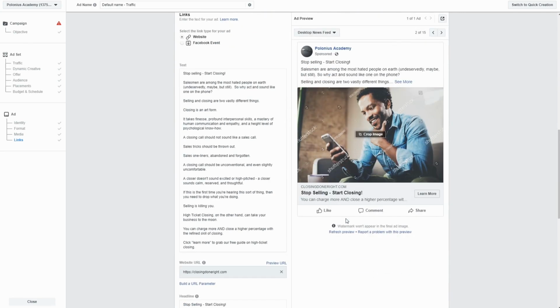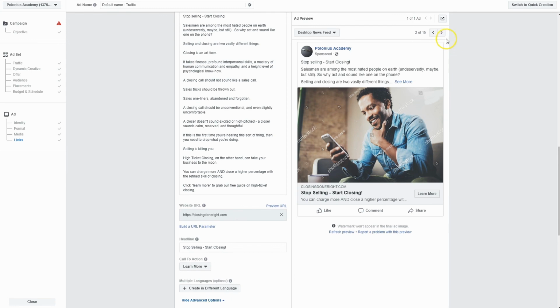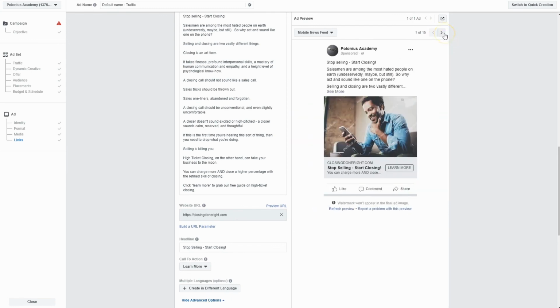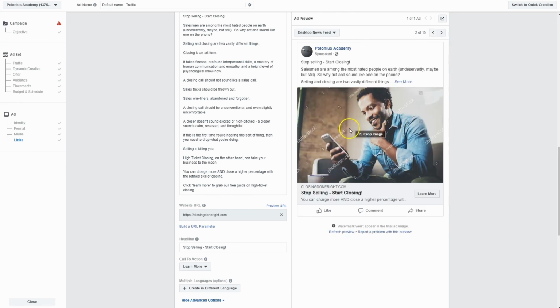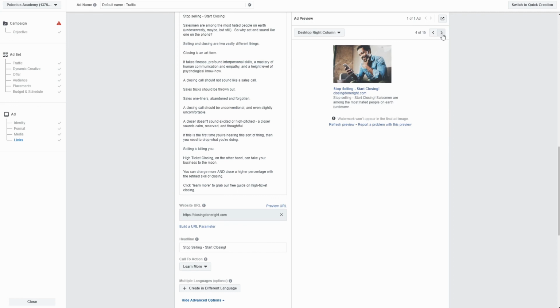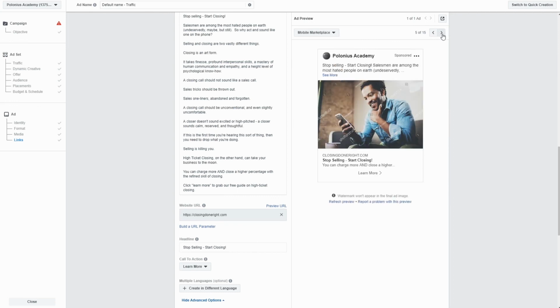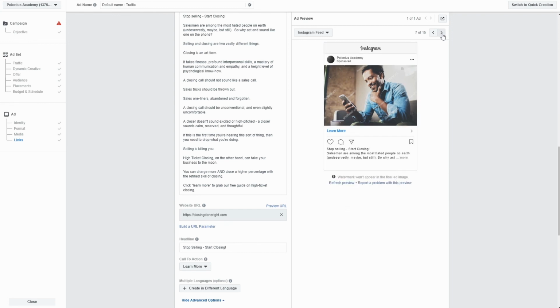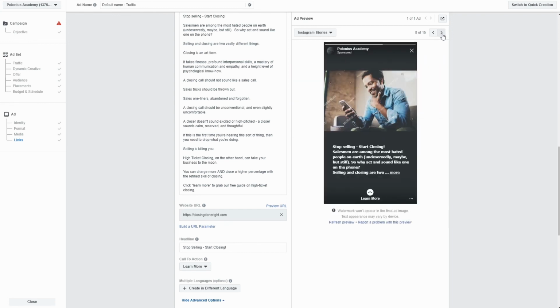We've got our ad copy, we've got our ad image, we've got all the details down here set up, we've got linking to our website, and let's have a look at what this looks like in all the different placements. So this is mobile newsfeed. Not bad. Of course, the watermarks will be removed once the ad is published. And this is desktop newsfeed, instant articles, right column, mobile marketplace, Facebook stories, your Instagram feed, Instagram stories,